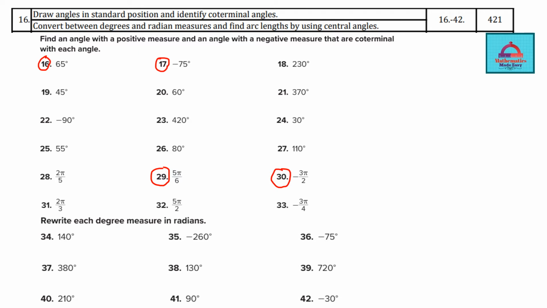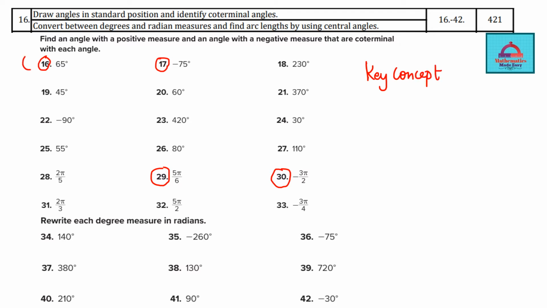So here in these 16 to 33 questions, you have to find the angle with a positive measure and an angle with a negative measure that are co-terminal with each angle. And then finally in 34 to 42, you have to rewrite the given measure. If they are given to you in degrees, you have to convert them into radians. So let's see the key concept as I had provided in the last slide for you. The key concept that we are going to be using here